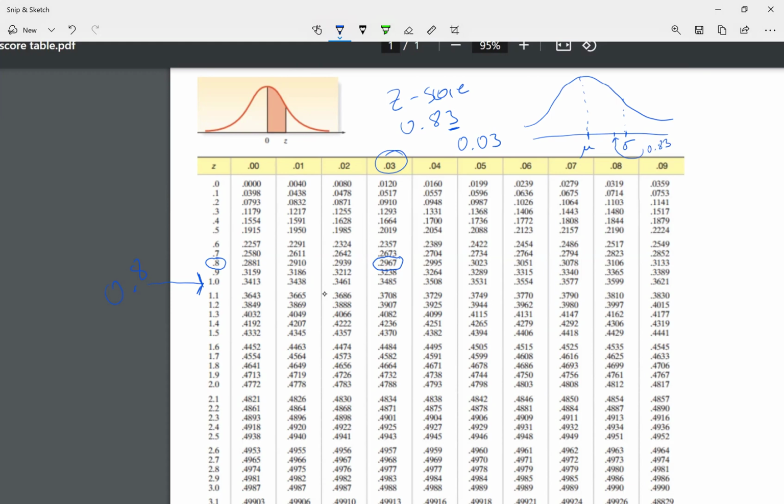So this thing right here, in between these two blue lines, in between the mu and one standard deviation, the whole thing is 0.34, right? My probability is 0.34. But I'm not looking in between the two blue lines. I'm looking in between my mu and my z-score. I'm just looking at this much. And I'm going to say it is